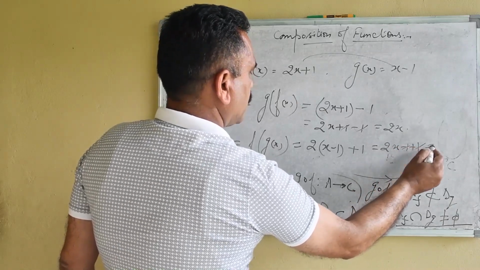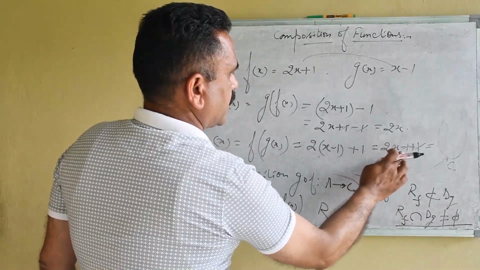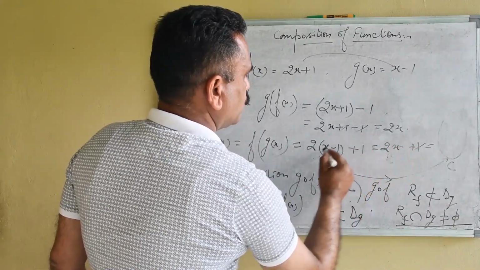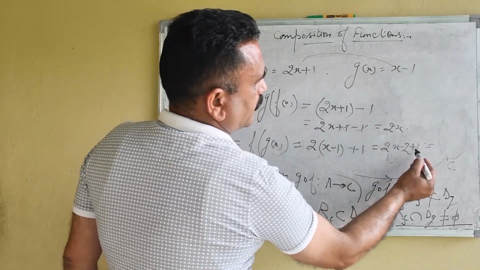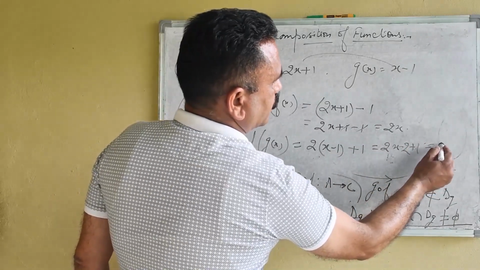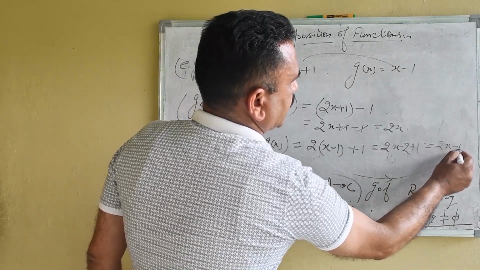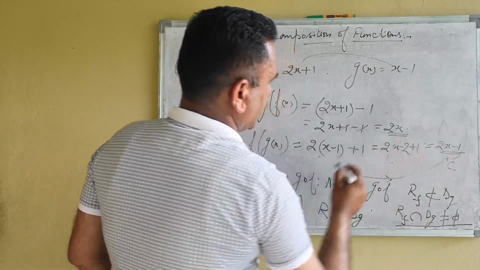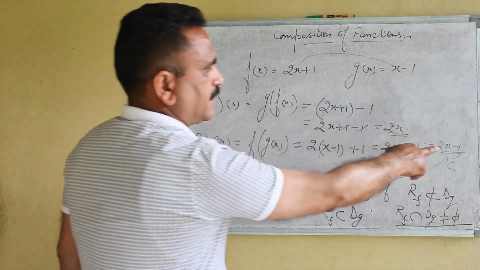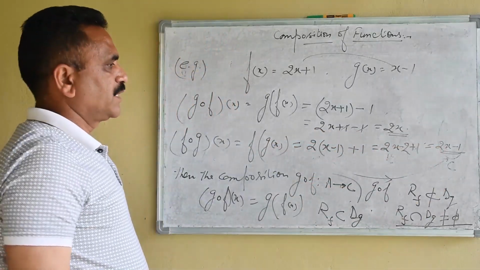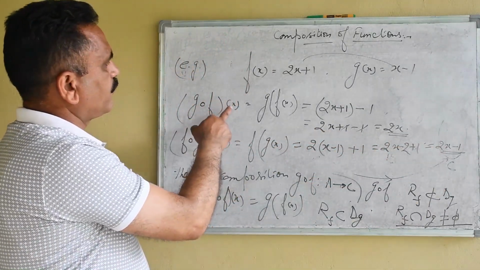So this is equal to, here we did it wrong, this is 2x minus 2 plus 1. Now when we combine these two terms, then what will happen? 2x minus 1. So we are getting f of g(x) is equal to 2x minus 1